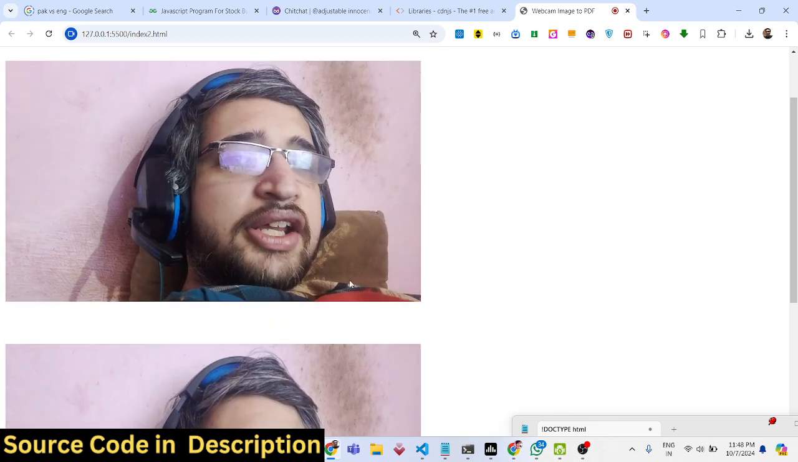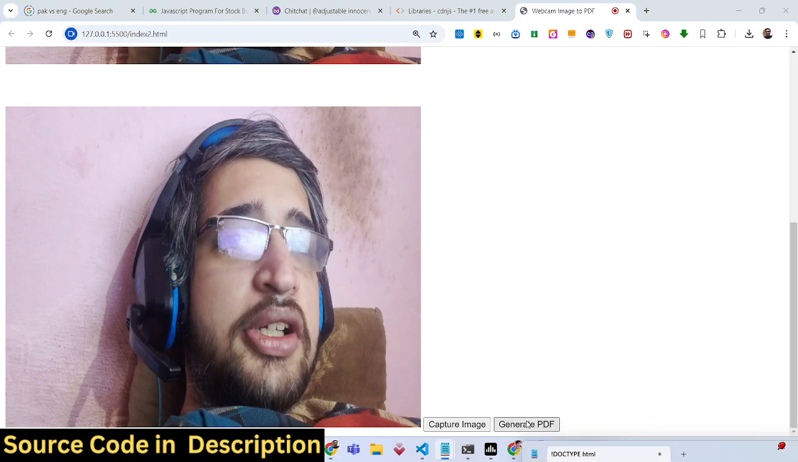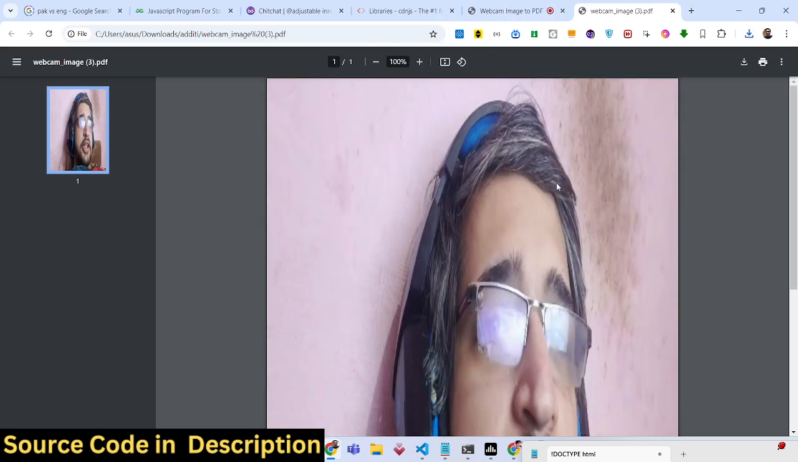We have a button right here of capture image. If I click this button right here, it will take a snapshot of my web camera. It will take this photograph, and there is a button which will generate the PDF document. So it will add this image to this PDF document. So the PDF document will be generated and it will have this image added to the PDF document using